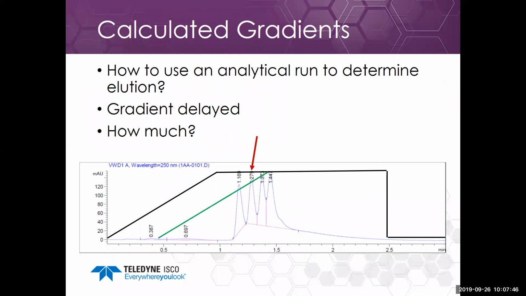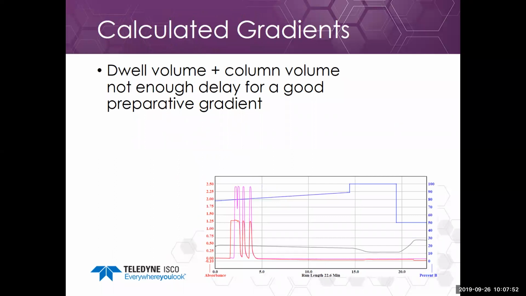A very simple method that people can use is to just add up the draw volume and the column volume. The draw volume is the volume going from the pump or the pump mixer to the top of the column, and it would include any loops that might be in the flow path. And the column volume is simply the space inside the column that is not filled by the stationary phase. It's essentially the void volume. If we do this very simple calculation,